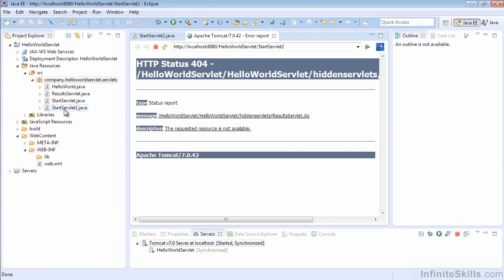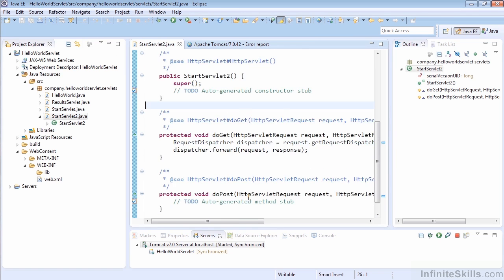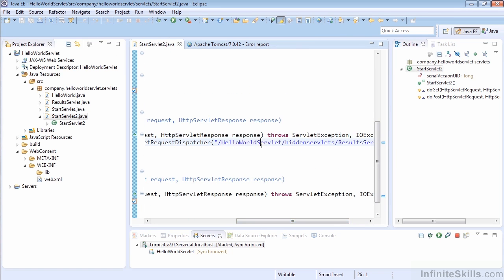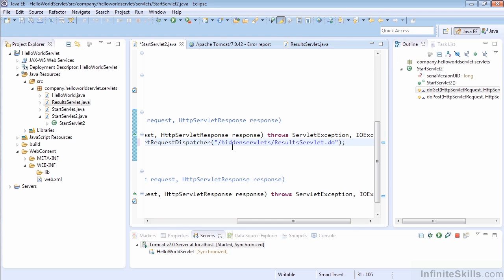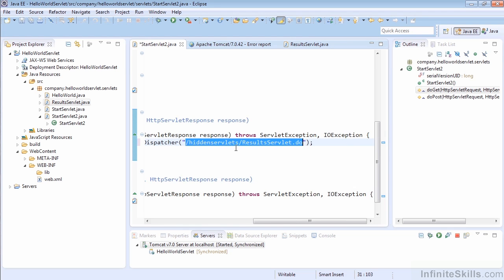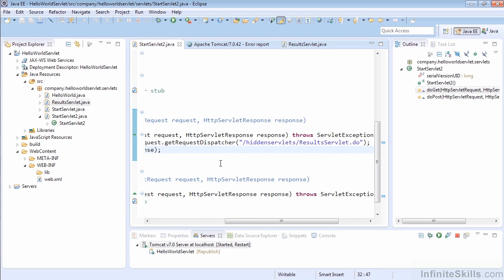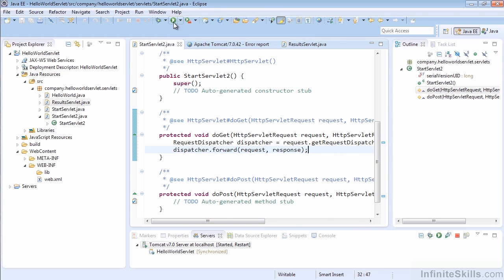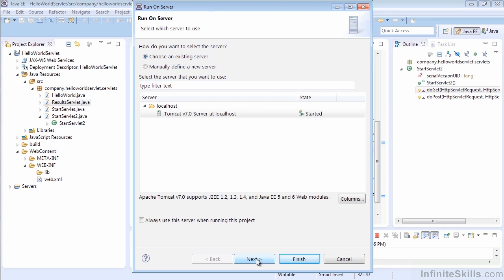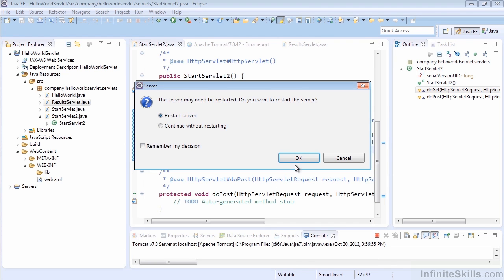We need to have the project name removed from our actual URL. And we only need to have the path to the actual mapping for that servlet. And again, if you wanted to double check that, you could just grab the path here, or if you had set the path in the web XML file, you could grab it from there. And then you would use that same path, just make sure it's the same. I'm going to trust that it's the same and save that. And once again, let's run our start servlet and see if it works now with the correct mapping. We'll restart our server,